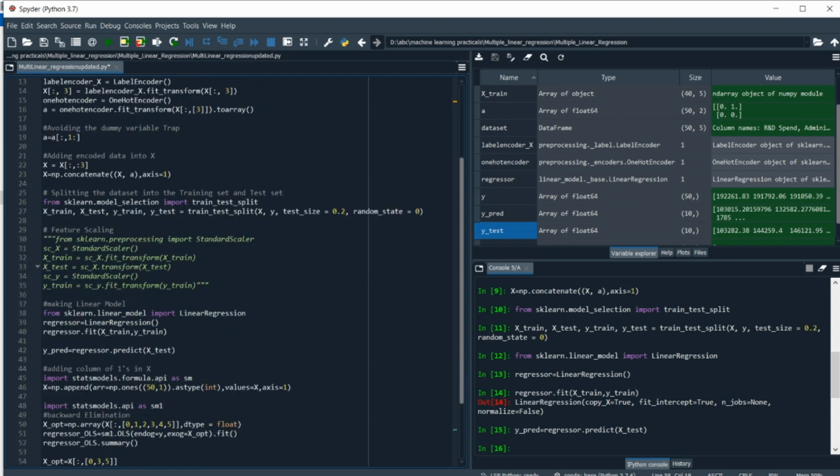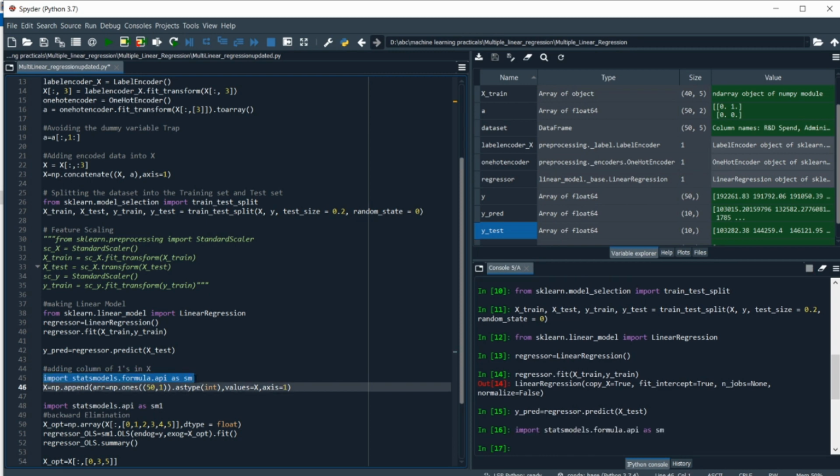Now we are going to import statsmodels.formula.api first as an alias sm, and then we are going to create a new array of independent variables, because we know that there is a constant in our multiple linear regression, that is b0, and that's not available in our training data or in our independent variables.